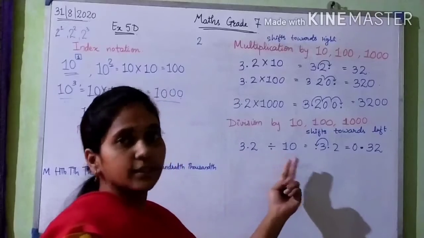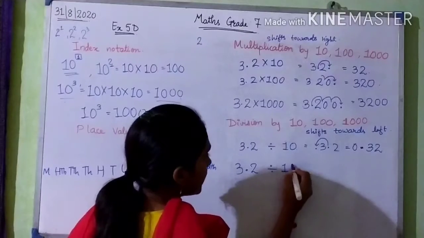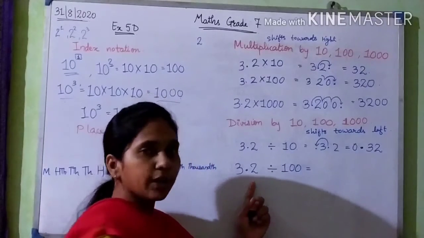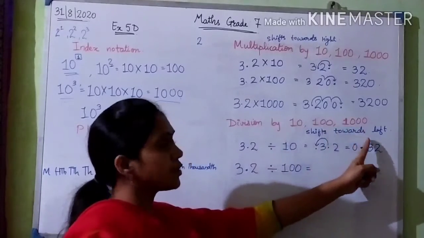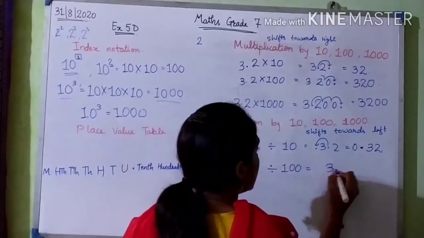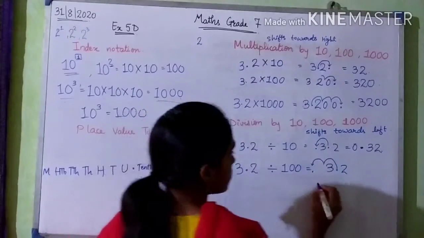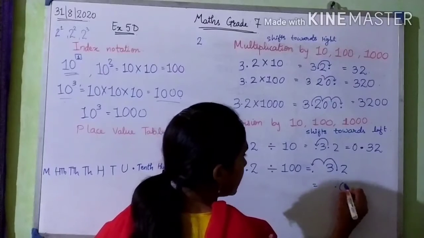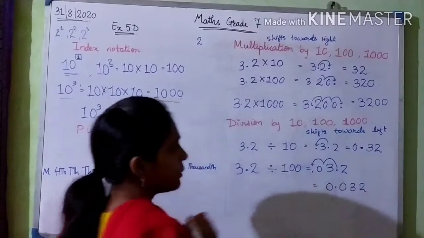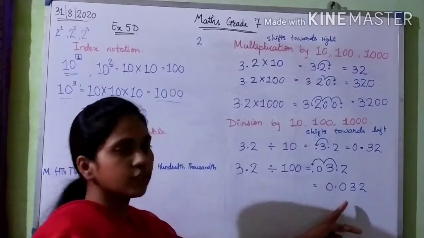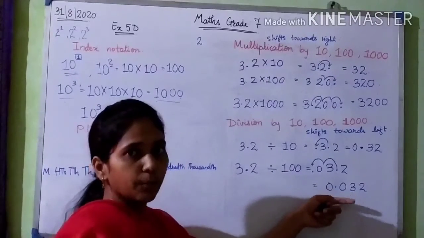So this was when the number is divided by 10. Now if we divide the same number by 100, in 100 there are 2 zeros, so the decimal point will get shifted 2 places towards the left, because it is division. So 3.2 on shifting 2 places, 1 and 2, will come here. So now this is .032. There is no number here, so we put a 0, and there is no number before it also, so we put a 0. So this becomes 0.032. So when we divide the number by 100, the number we get is 0.032.